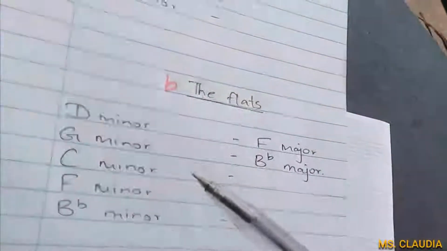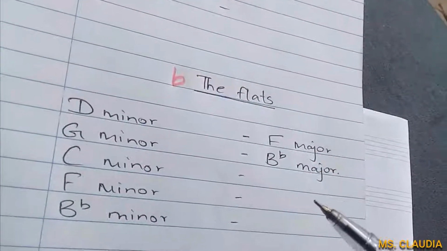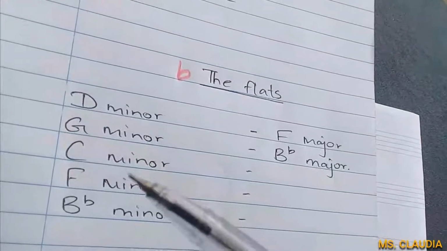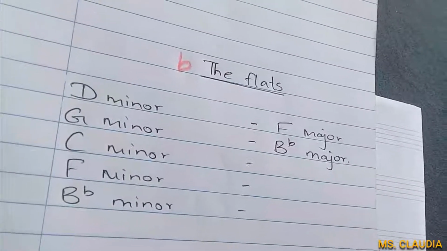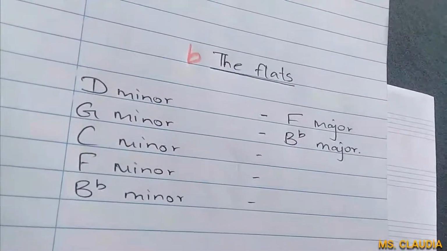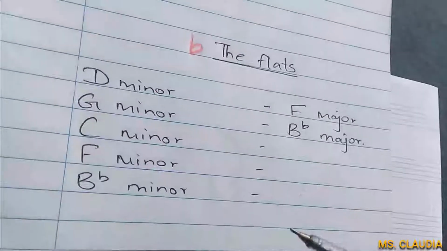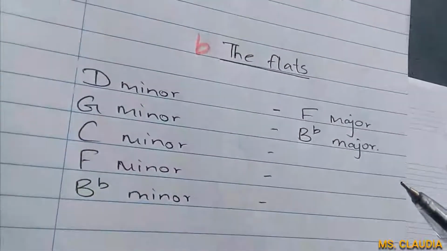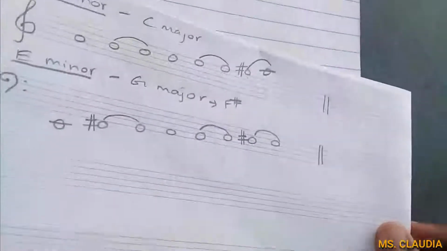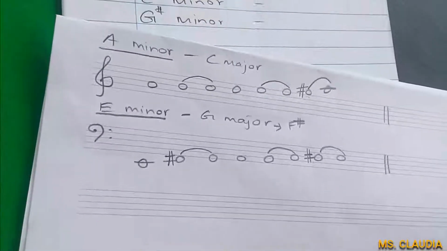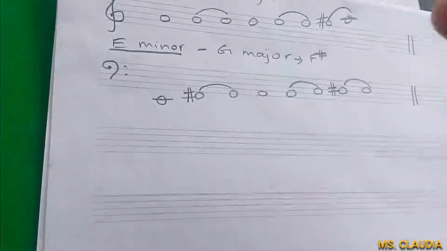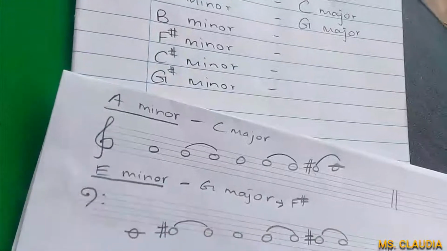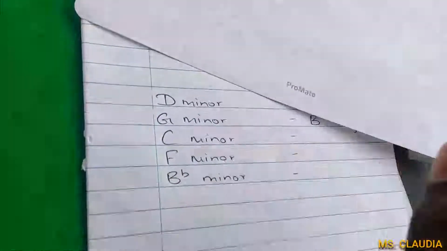Same way in the flats, you have to find the relative major of C minor, F minor and B flat minor. Same way you go 3 notes and 3 semitones upwards in your given keyboard. After you find this, please take your manuscript books, and just as 2 examples have been worked out for you here on A minor and E minor, I request you to work on B, F sharp, C sharp, G sharp and the rest of the